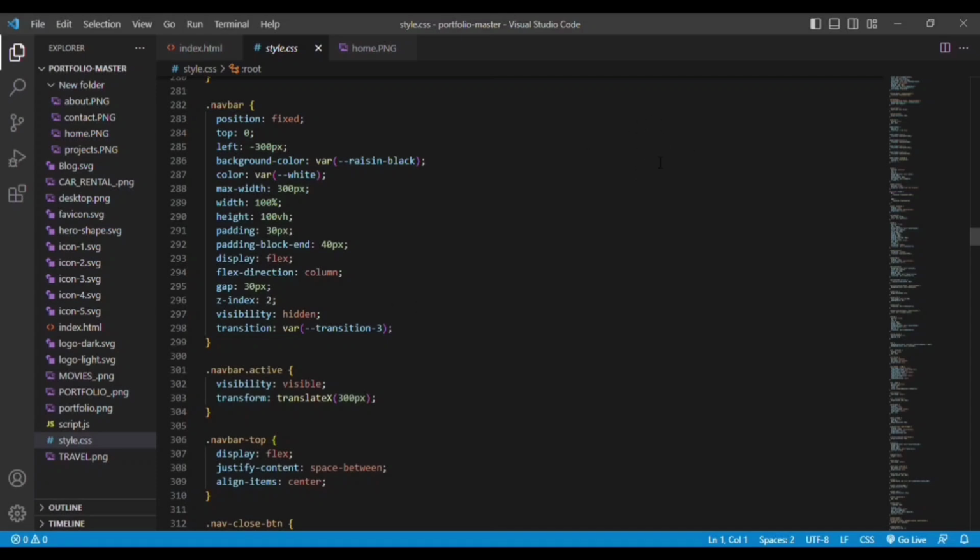Then you can see for the nav bar we are adding an active element. By adding this active element, visibility will be visible, and transform is equal to 300 pixel. That is, it will move from minus 300 to 300. That means it is outside of the website. So whenever you click on the nav button, it will move inside of the website, and you can see a